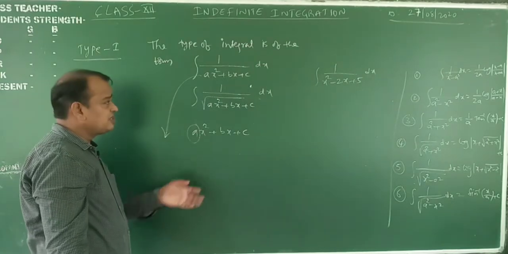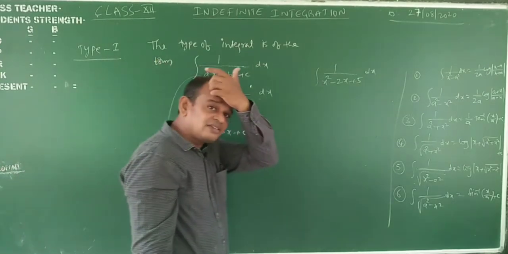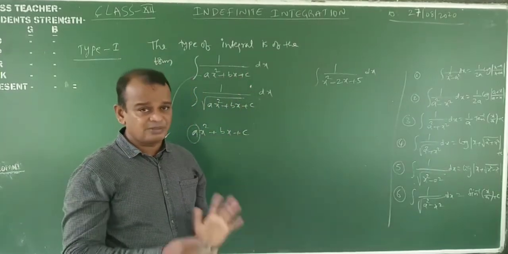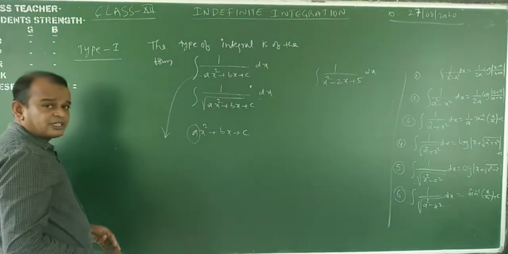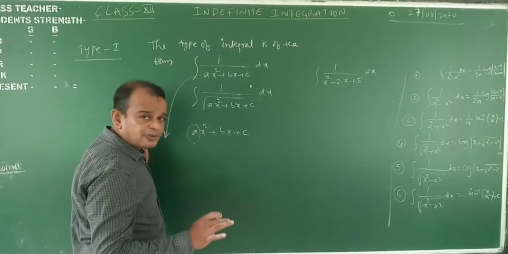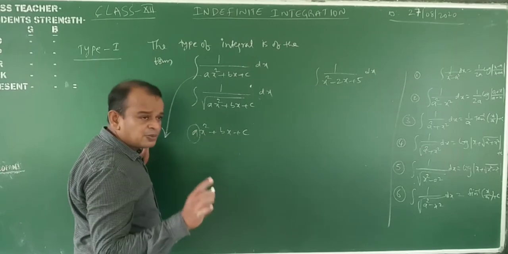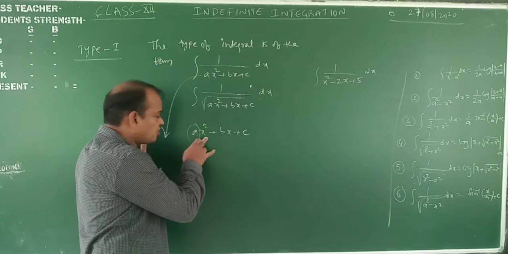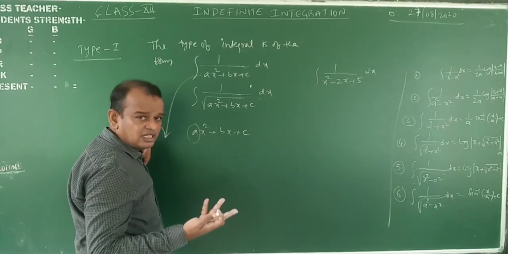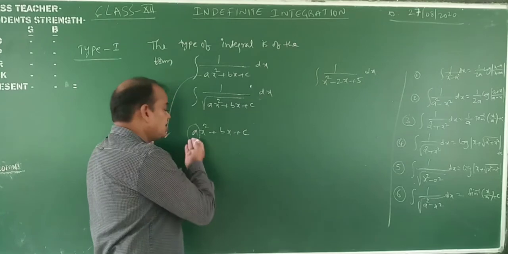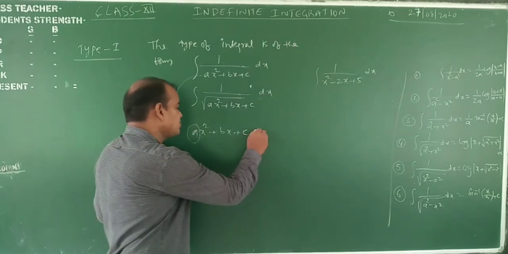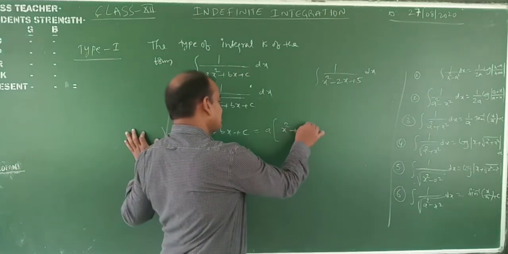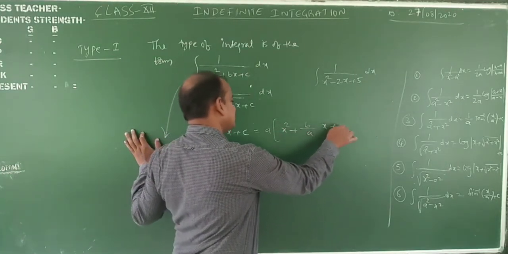To do these problems, this must be converted into the sum or difference of the perfect squares of two numbers. That's why I am telling you. Now, ax square plus bx plus c. In this, what is the first step? The coefficient of x square must be positive and equal to 1. Now, taking a common. The x square coefficient a is positive or negative, you don't know. A is either positive or negative, but a is not equal to 0. My dear students, that's why we take a common. What happens? That is x square plus b by a x plus c by a.